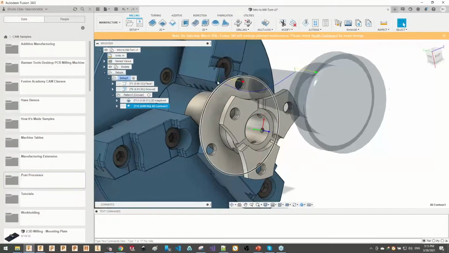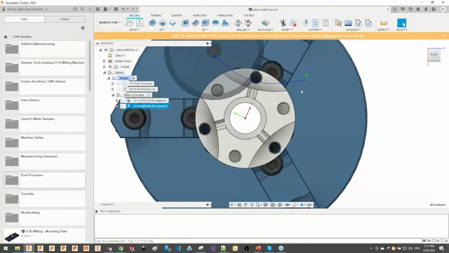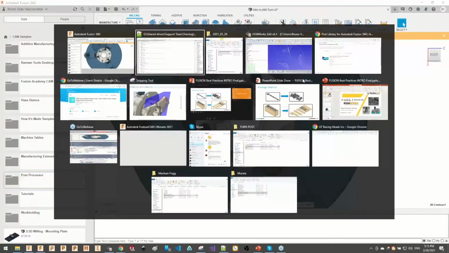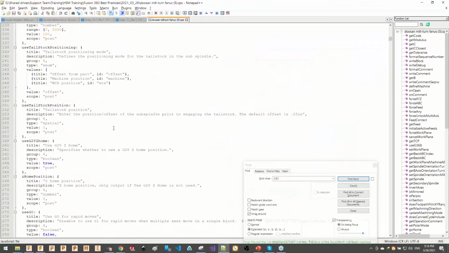So maybe a little arc that you're creating or something could make the post not calculate the correct bounding box. And with this toolpath, you could end up having the toolpath out of range on the machine and you will get an error. So how you can trigger that into a polar mode, that's the thing that I'm going to show you,